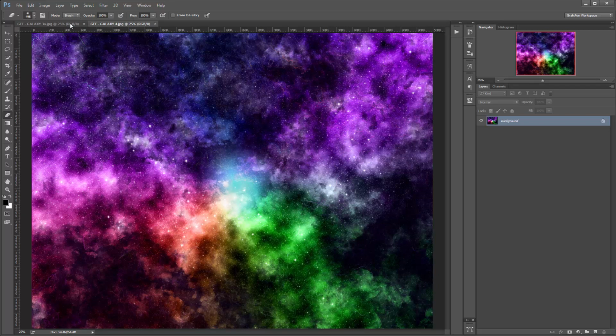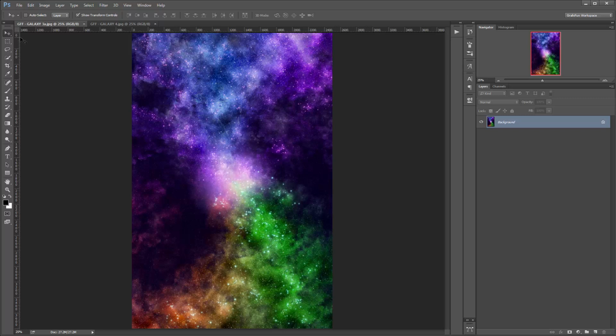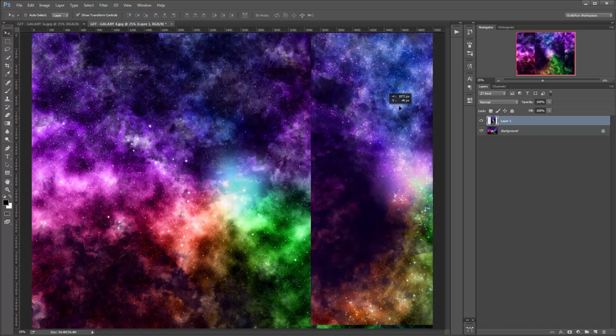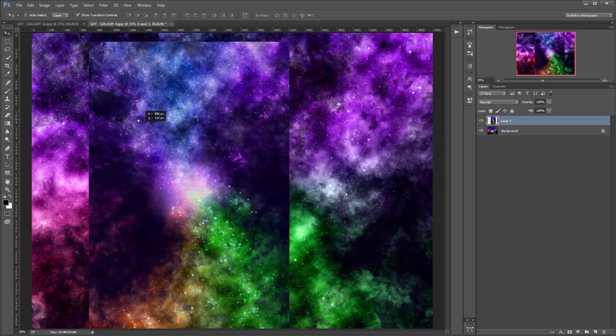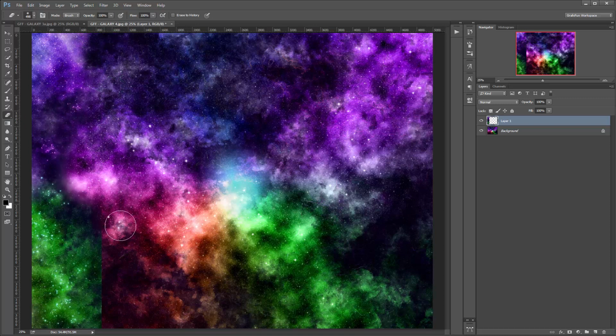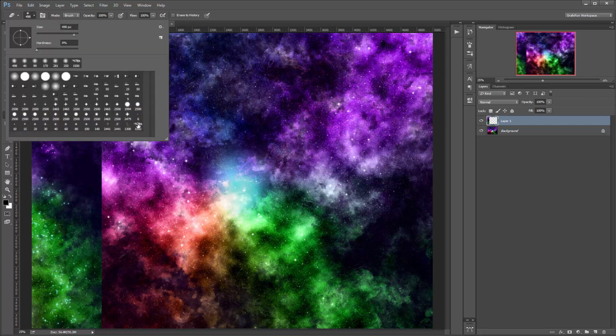Let's move this one here, select your move tool, move this one here, and let's say you want to intersect them properly, so you don't see this line. If you take an ordinary brush, it's not going to look well. But that is why I created this last one called Cosmos Cloud Dual Brush Preset 0. This will allow you to